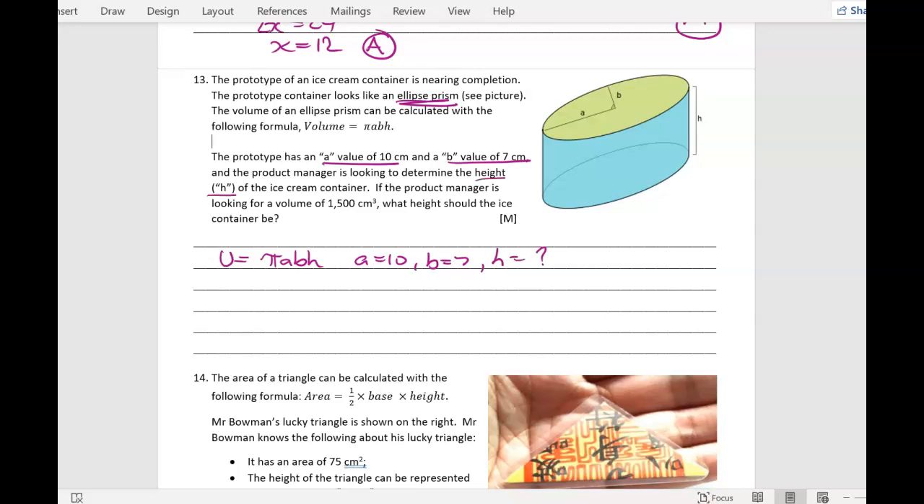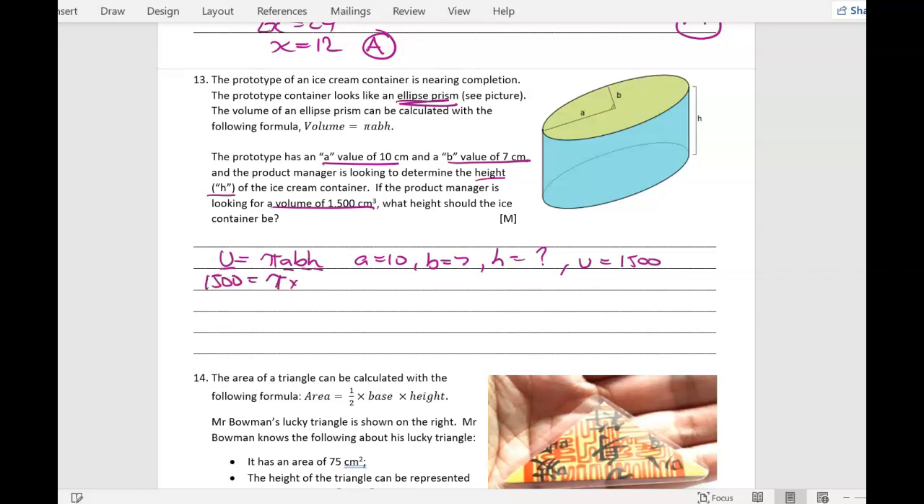We're trying to find the height. If the product manager is looking for a volume of 1500, that's our last piece of the puzzle. Volume is equal to 1500. What height should the ice cream container be? That's the unknown one we're trying to solve for. So notice here, there's 1, 2, 3 letters. Just a reminder, pi is a number, so that's not an unknown variable. We know exactly what that is. There's 4 letters. We know 3 of them, which means we can substitute and find out the one we don't know. So 1500